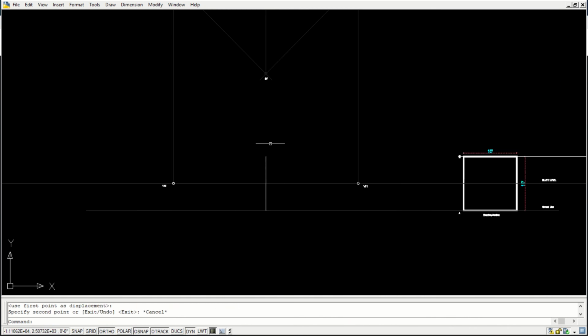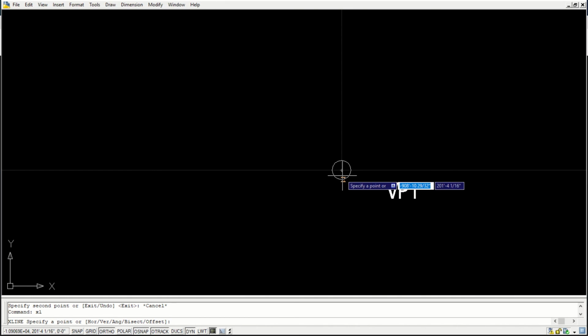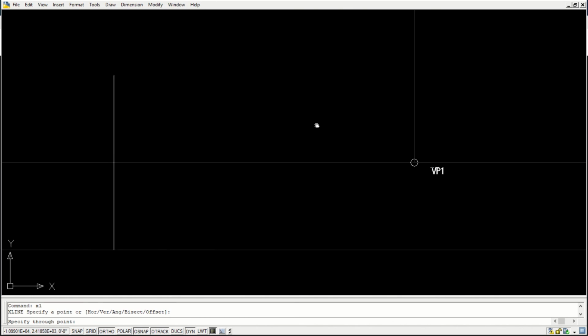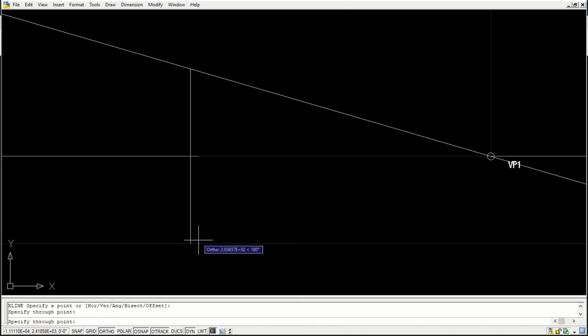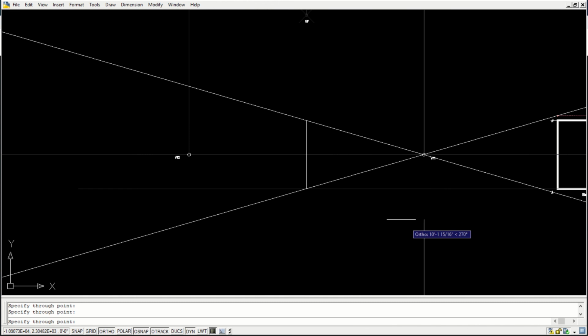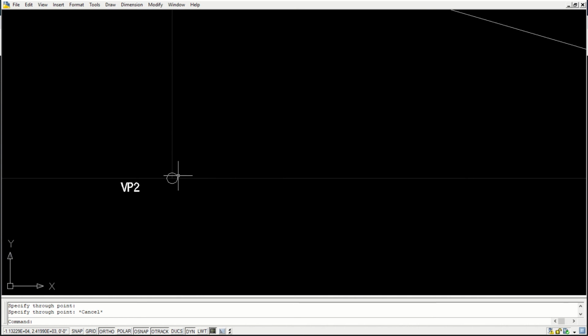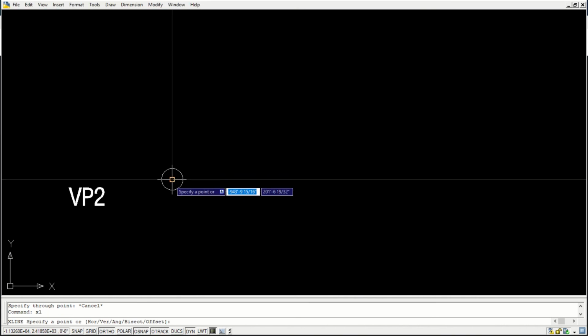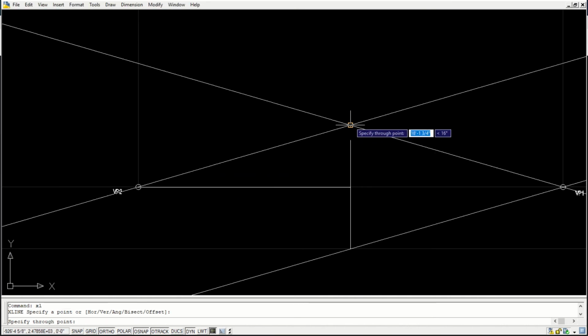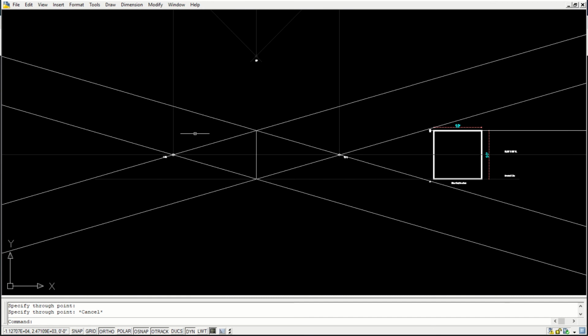Now I need to generate this perspective. What I do, I'll just need to project from vanishing point 1. I have got this edge, and from vanishing point 2 this and this.